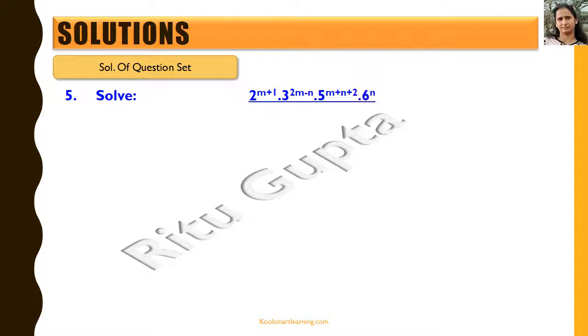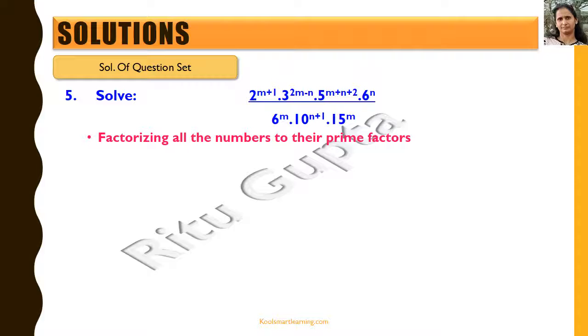Let's now move to the fifth question. We need to solve this expression: (2 raised to power m plus 1 into 3 raised to power 2m minus n into 5 raised to power m plus n plus 2 into 6 raised to power n) whole divided by (6 raised to power m into 10 raised to power n plus 1 into 15 raised to power m). So the first thing that we do is we factorize each of the bases in the given expression to